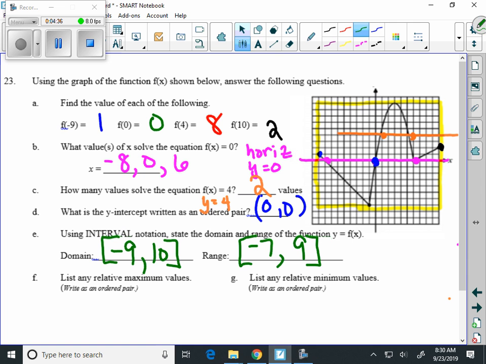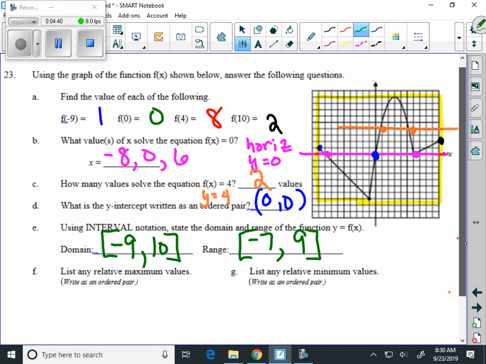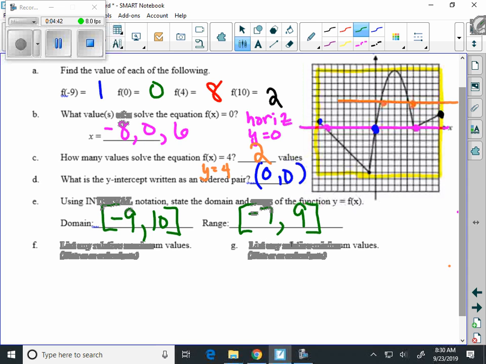Then we look at the relative minimum values. So the relative minimum is a low point on the graph. It also has to be at a valley. This point that I'm putting in red is a low point on the graph that's also a valley. It's got 2 sides to it. And that ordered pair is negative 1. Remember, ordered pairs have parentheses. It's -1